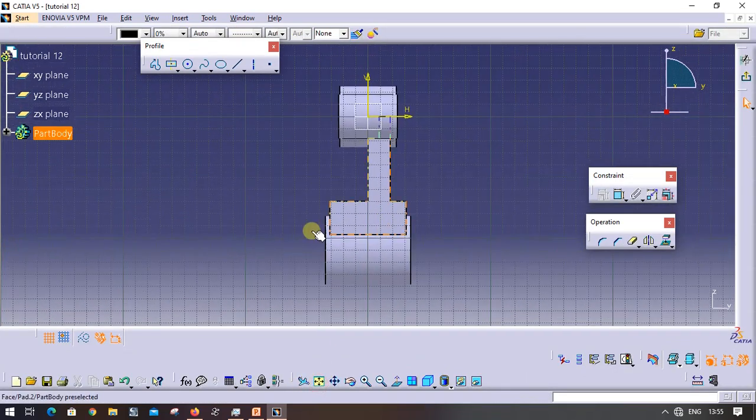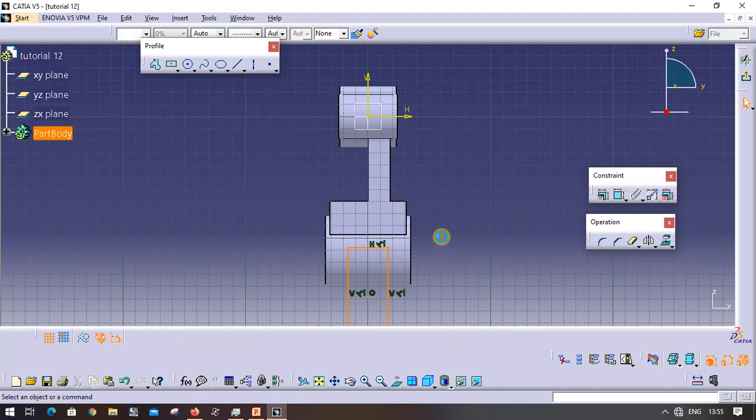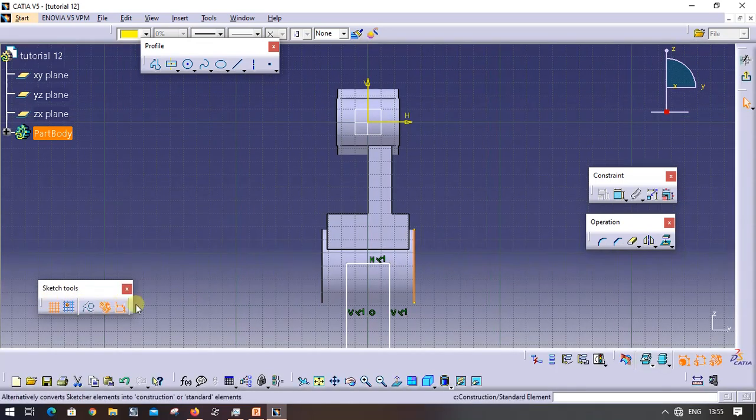Fit all in. Select center rectangle from the profile toolbar and draw a center rectangle. Now I am going to project the outer edge of this circle using project 3D elements from the operation toolbar and make that projection a construction element.